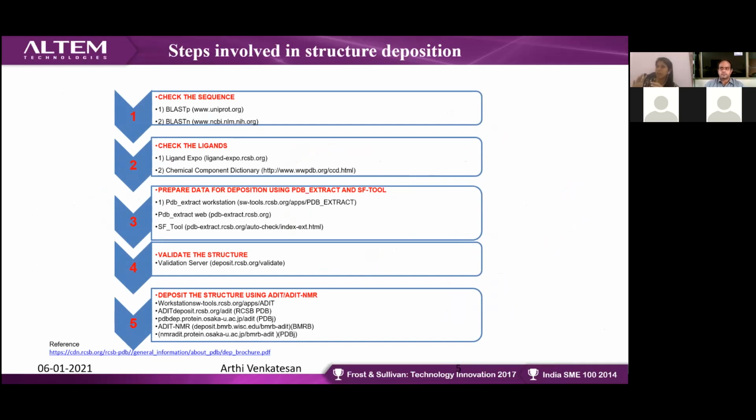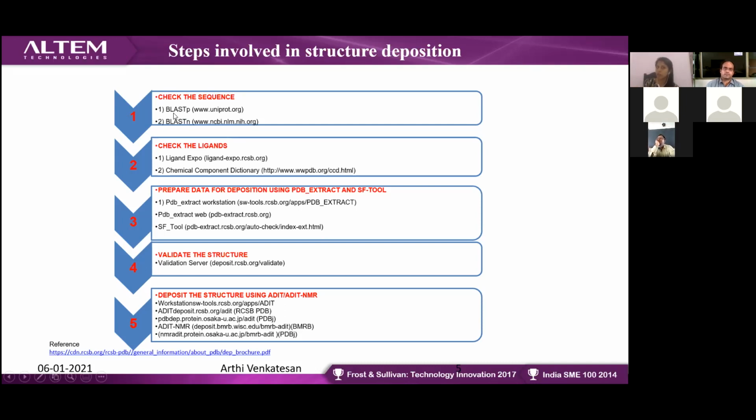Say for example, they have studied a protein structure, and once they have studied the protein structure, they got the protein structure itself, and then they have to deposit it in a particular repository that is called RCSB Protein Data Bank. The default protein data bank is available. So how will they be depositing the protein structure? First of all, they will be checking the sequences. They'll be checking the sequences through BLASTP.